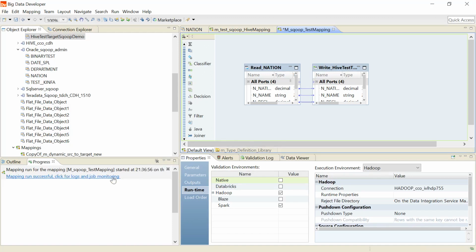Mapping has run successfully and data might have been written into the Hive table. This is how we run Sqoop mapping using JDBC connection through Informatica.